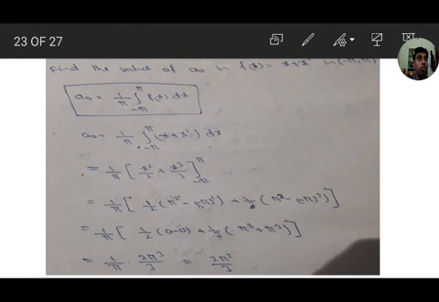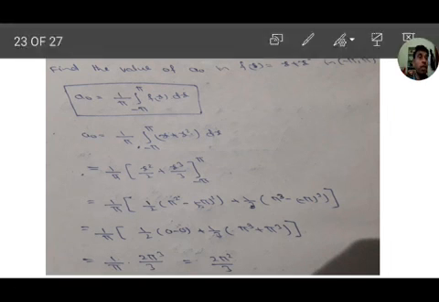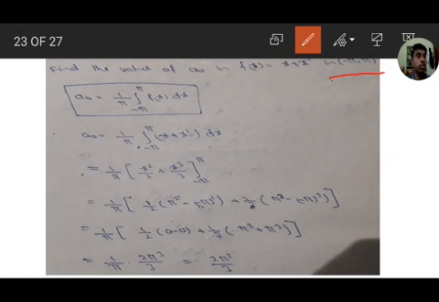Find the value of a naught for f of x equal to x plus x square in the interval minus pi to pi. Here the interval has changed. Up to now we discussed 0 to 2 pi for a naught, a n, b n. Here is the a naught value in the interval minus pi to pi. So the a naught formula is 1 by pi into